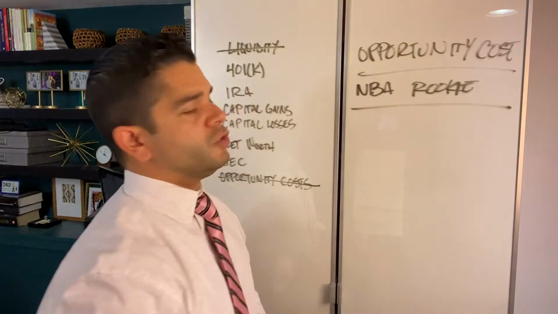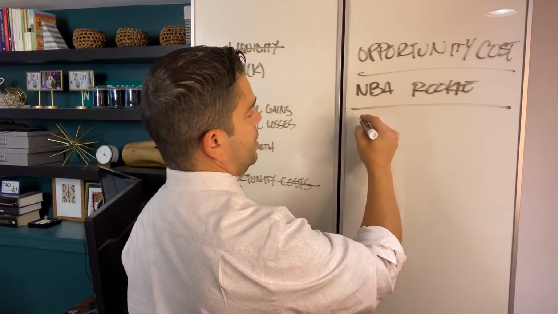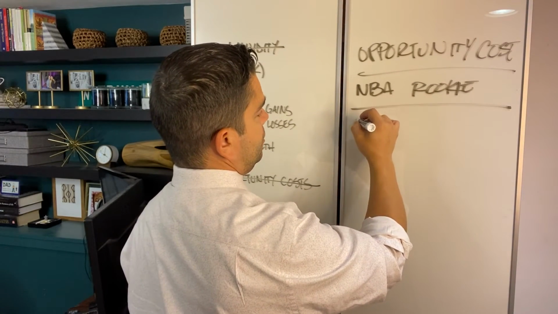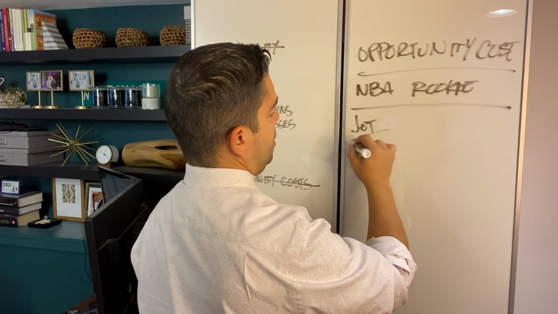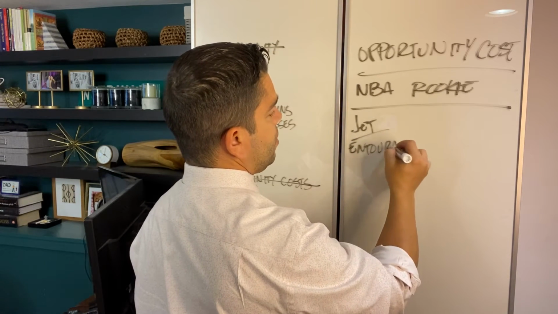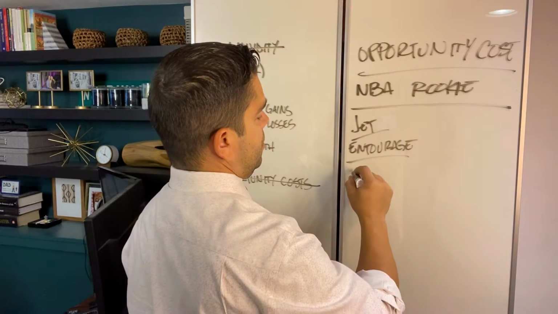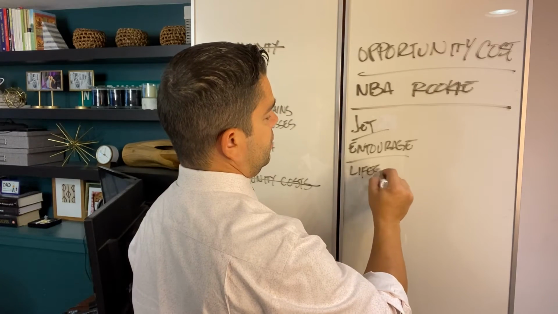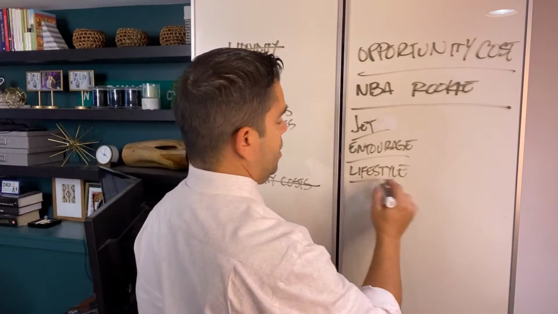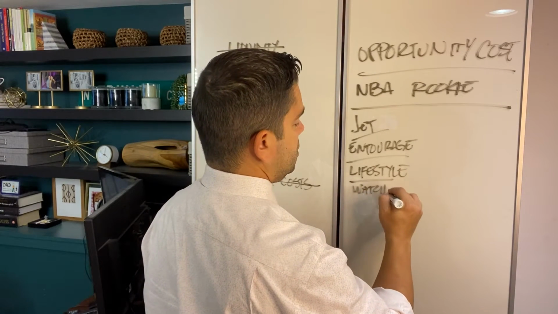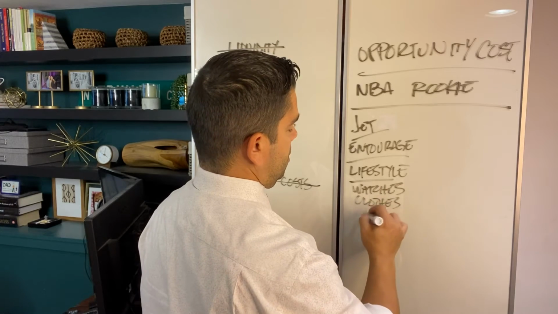And you're going to... So you're an NBA rookie, and you get your $1 million contract, and you're going to spend that money on flying on a jet. You're going to spend that money on your entourage, which is keeping all the people around you happy. You're going to spend that money on your lifestyle. I mean, you're in the NBA, you got to look good. You spend that money on watches, on clothes, and parties.